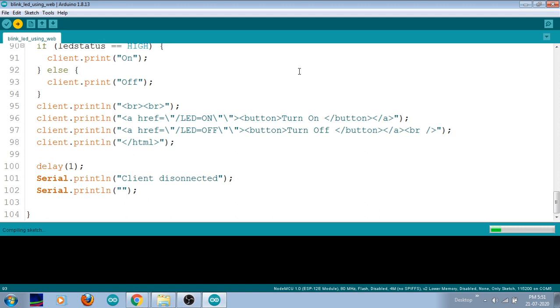So this is my server, and from my server I have just sent a turn on condition, which is communicated here. And again if I press turn off, the same communication will be received in my serial monitor. So that is the serial monitor I have seen.